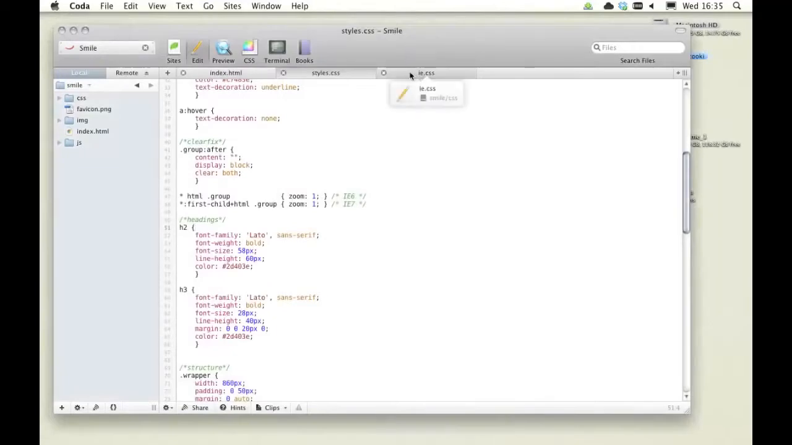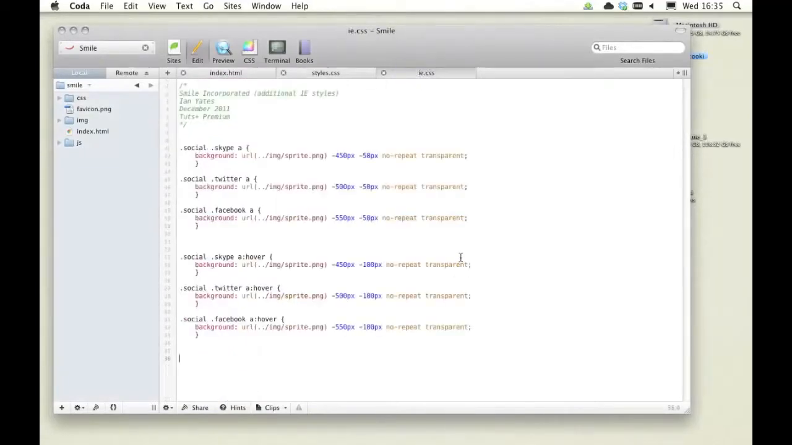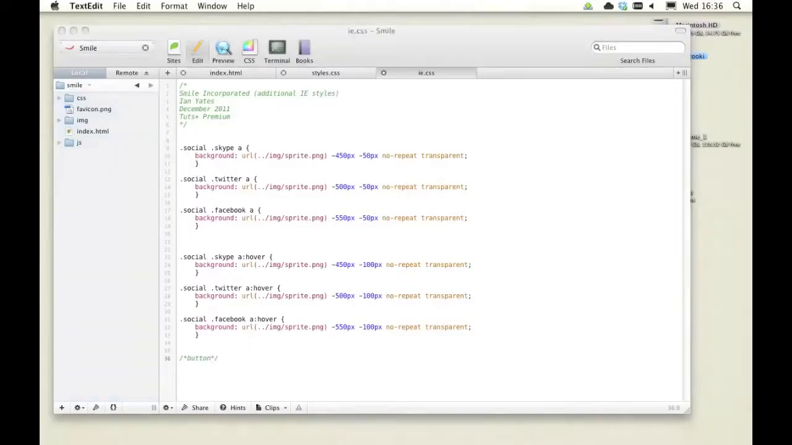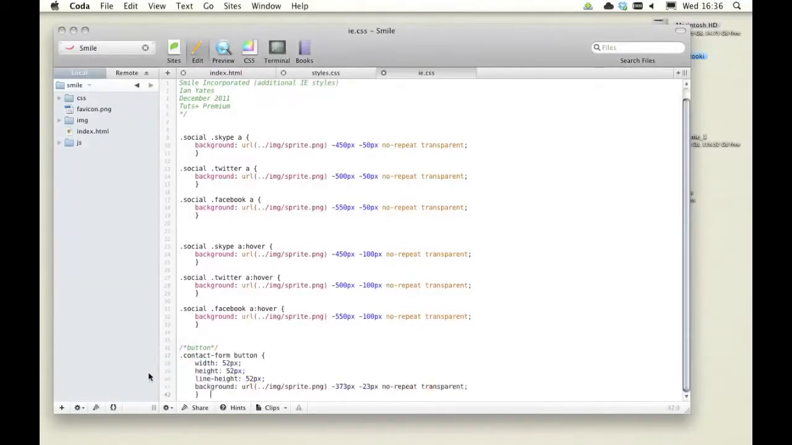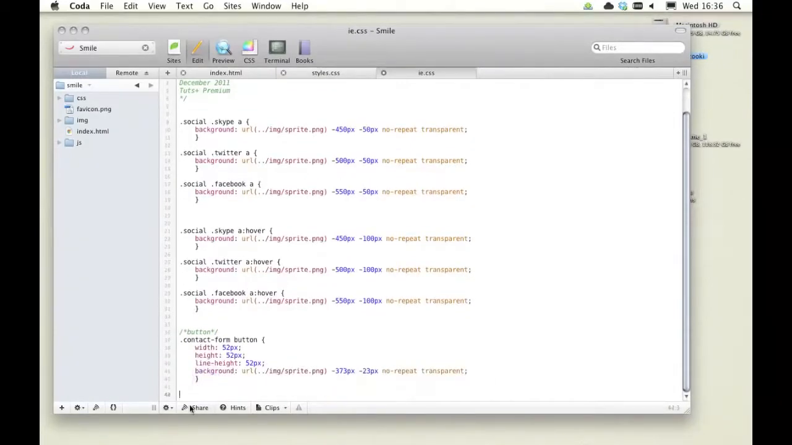So we'll move into our IE CSS. The first thing we're going to do is deal with our button. We're going to use a very simple principle, exactly the same as we did with our social buttons here. We're just going to redefine the dimensions slightly, because it needs to be slightly smaller, and we're going to assign the sprite PNG as its background. Now we're also going to give it a hover state, of course. So let's just plonk this in here,